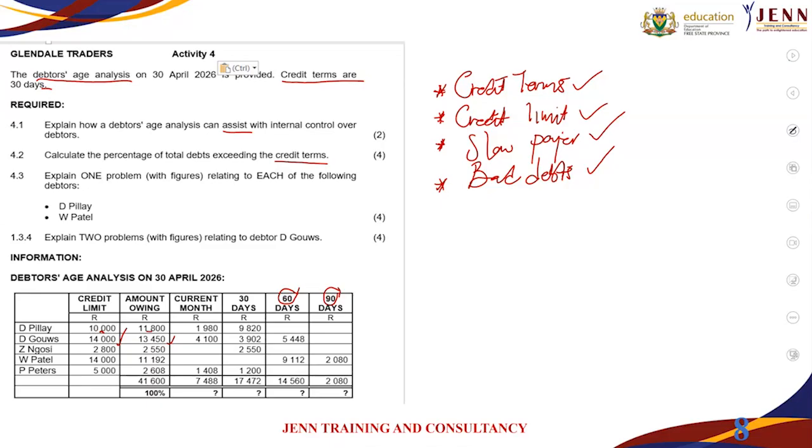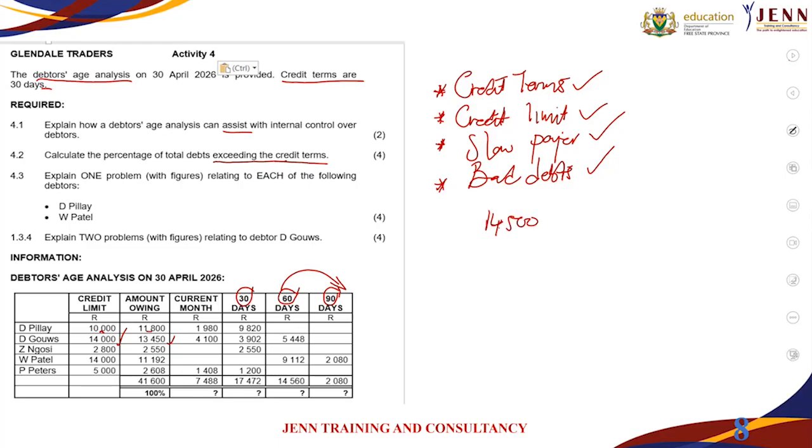Example, remember at the top there, they said it takes the customer how many days? 30 days to pay. So it means any customer who pays us after 30 days is actually exceeding his credit terms. But now we need to calculate the percentage. When you go to a debtors age analysis, we can see that 30 days is within the credit terms, which is correct. But anything from 60 days to 90 days, it simply means that is going to exceed our credit terms. And when you look at the total amount at the bottom there, for 60 days, we have